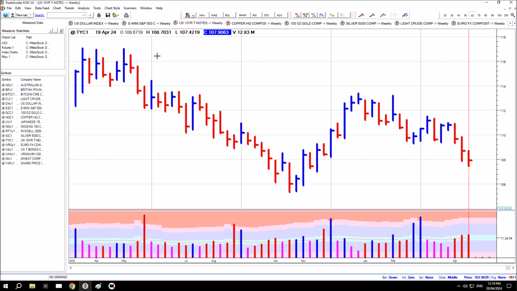Next chart is the US Treasury 10-year note futures, and they are showing some attempt to consolidate. You can see on the previous bar, there was an attempt to consolidate here just below the close, and volume was above average, so it was a significant attempt. And this week, spreads narrowed, volumes increased, and the market has tested below the previous bar's low and closed back adjacent to it. So there's an attempt to consolidate